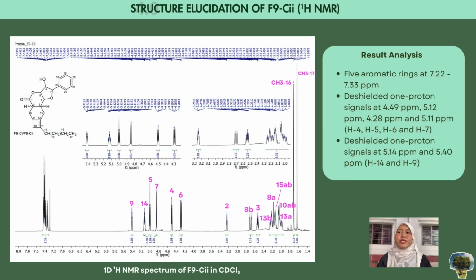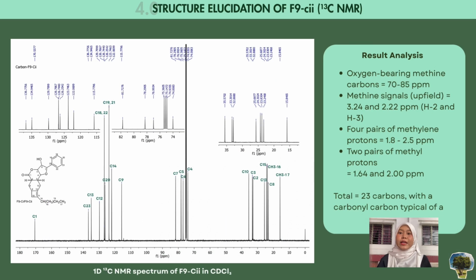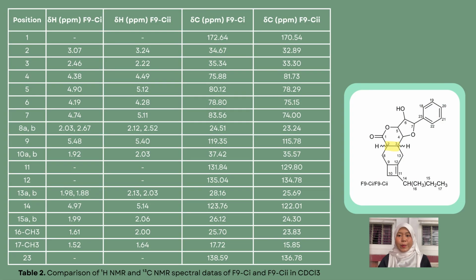Now we are going to the structure elucidation of F9C2. These are the comparisons of the proton and carbon NMR between the two major compounds, F9C1 and F9C2, which show very similar values, but a little difference related to the configuration of the structure at carbon number 2 and also carbon number 3. Further experiments will be required after this in order to figure out the isolated compound